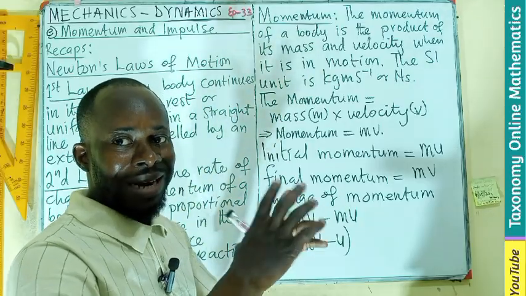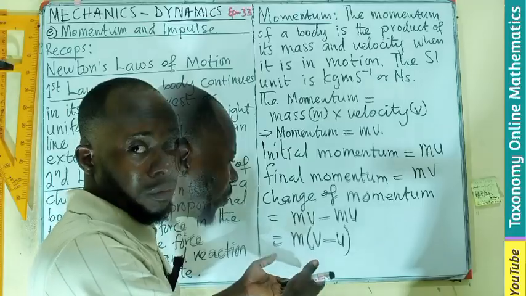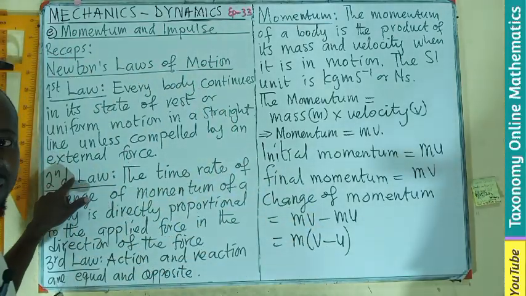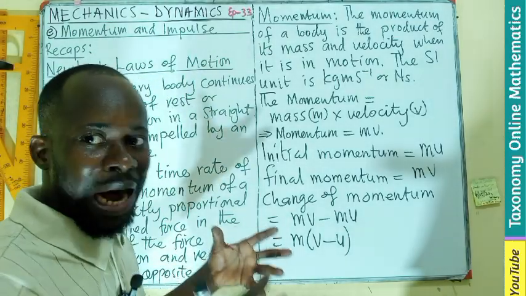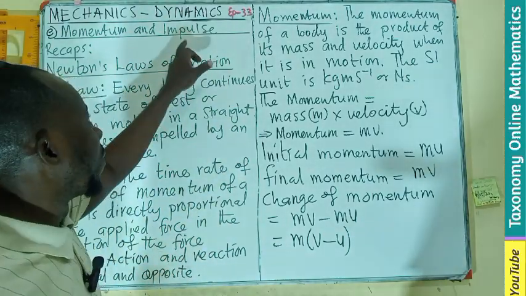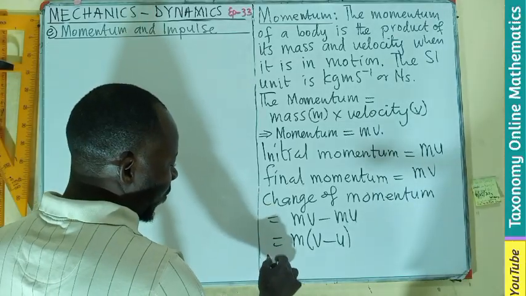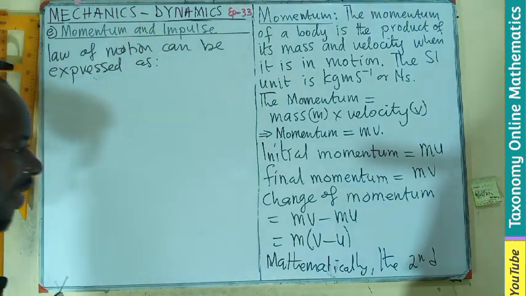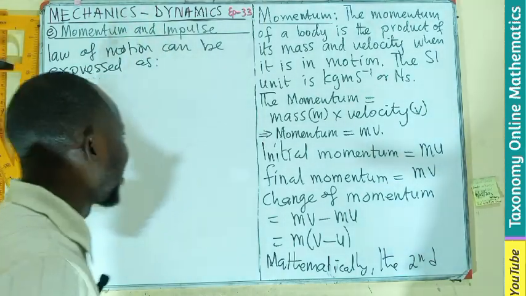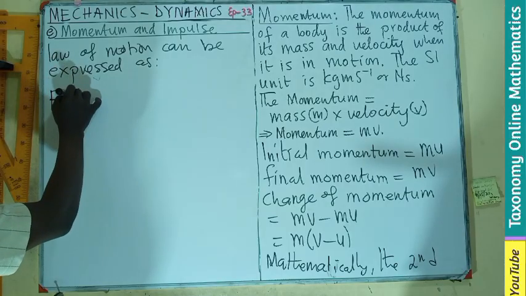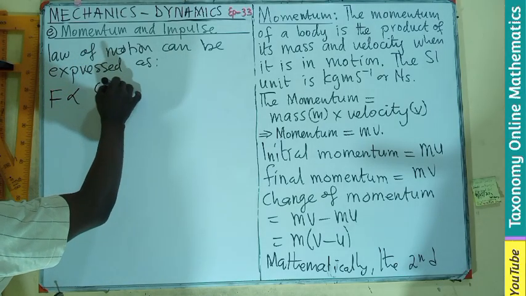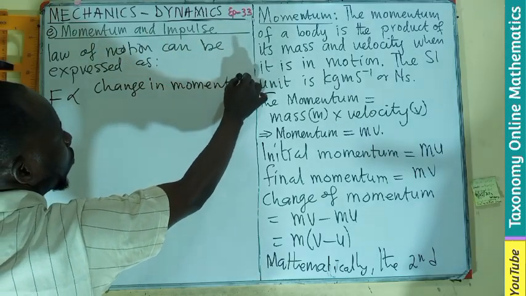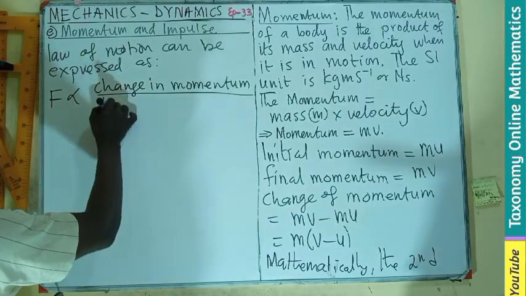Now, if we bring to light Newton's second law, which we can write down mathematically, we can make use of this. So from here, let's delve into the second law of motion, writing it mathematically and see how we can draw a connection between that and impulse. We can express the second law of motion mathematically as: the force is directly proportional to the change in momentum over the time